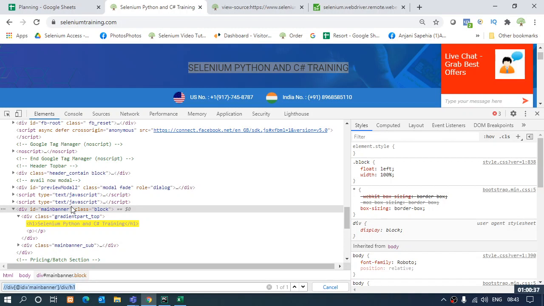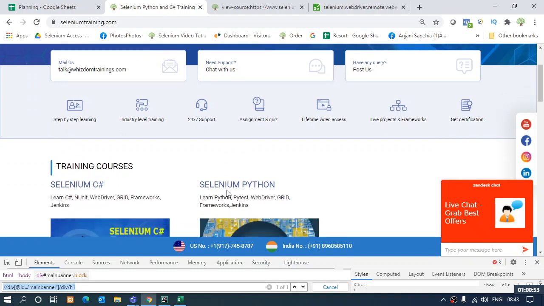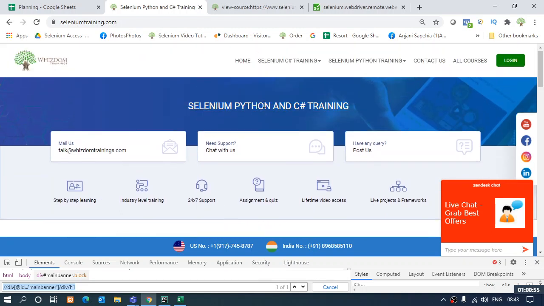In some cases the complete XPath can work, but not in all. Suppose right now I have just taken this element which was at the very top of the page.